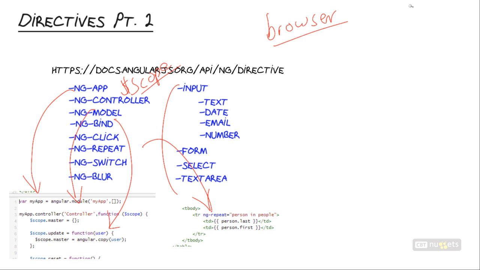That ensures that the browser won't choke, it won't yell out an error when it's trying to parse this HTML template. It's going to look at that and say, okay, I don't exactly recognize that element, but it is valid syntax, so I'm going to pass it along. Once that's done and Angular gets a hold of it, the first thing Angular does is run something called the